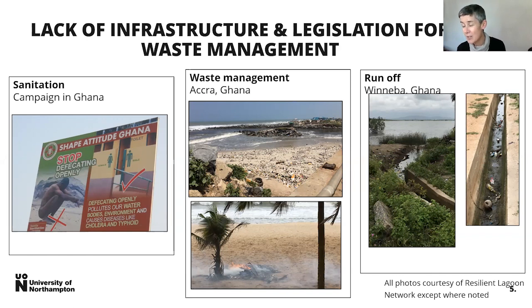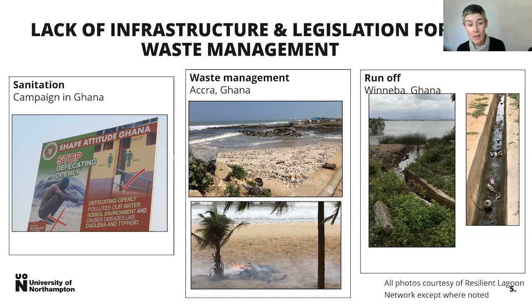The picture that you see here from Accra is the Keta Lagoon. That's one of the most polluted urban bodies on Earth. The lagoon has a direct connection with the ocean here. And all you see on the beach there are plastics. Hard plastics are a huge problem in terms of waste management. That continued use of imperishable plastics, and then the lack of ways in which those are managed or recycled.